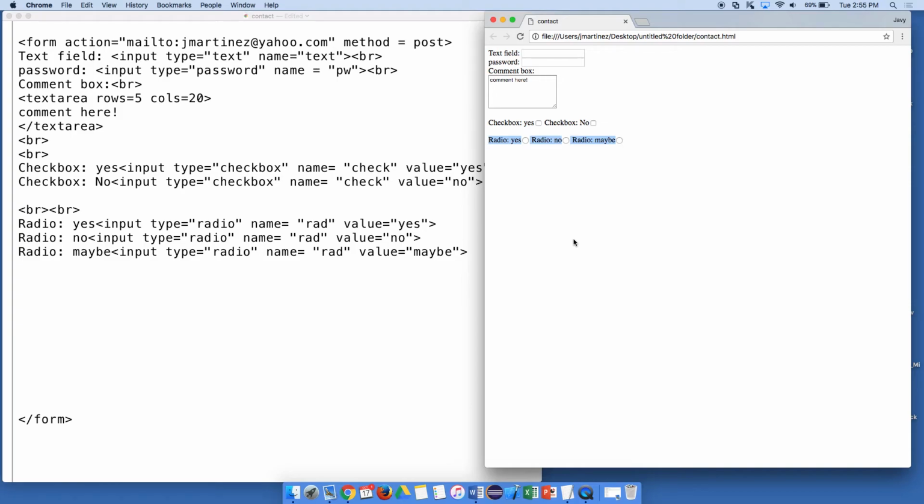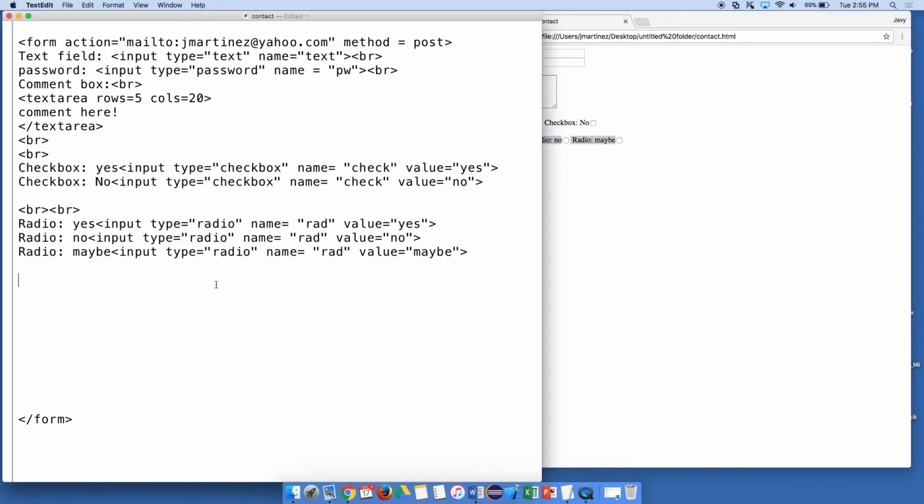Yes. The input type is radio. Okay. Now, the next thing I'm going to do is the one thing that we did was we put